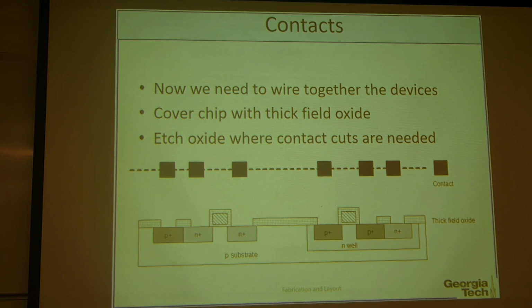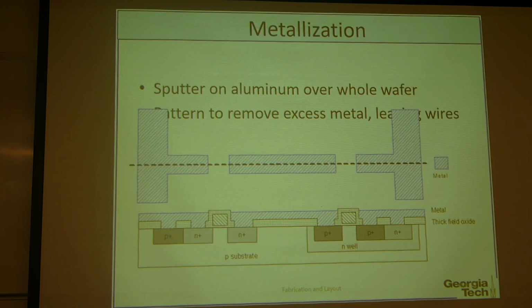For the electrodes to be connected to the silicon surface, we need to first cover the chip with thick field oxide to isolate between the electrodes. So we deposit the thick field oxide, and then we make a hole like here, and then we deposit the